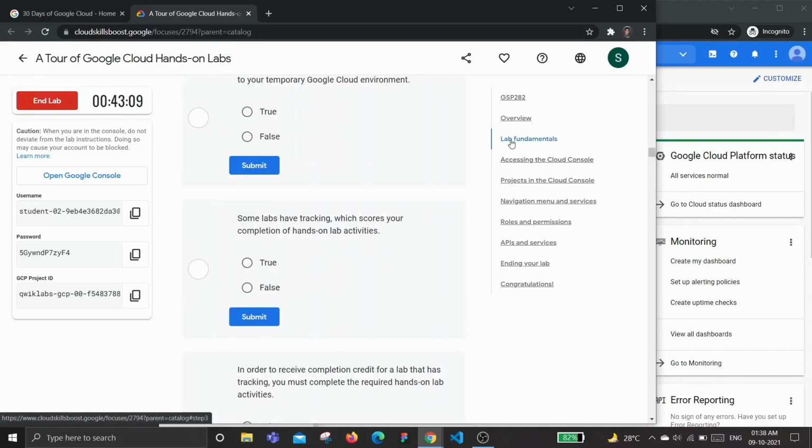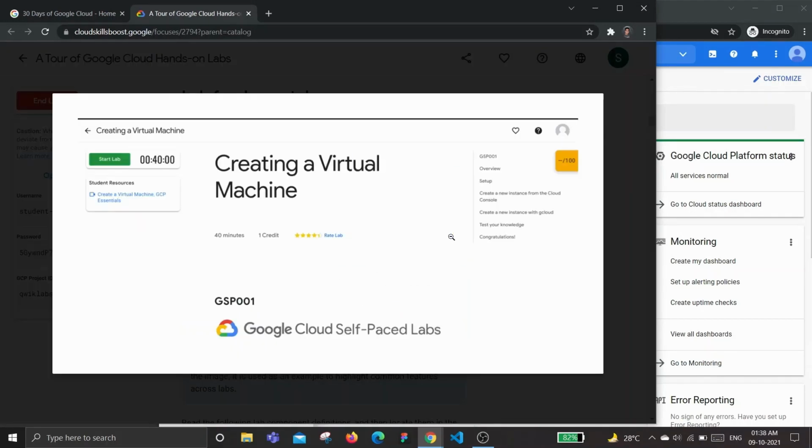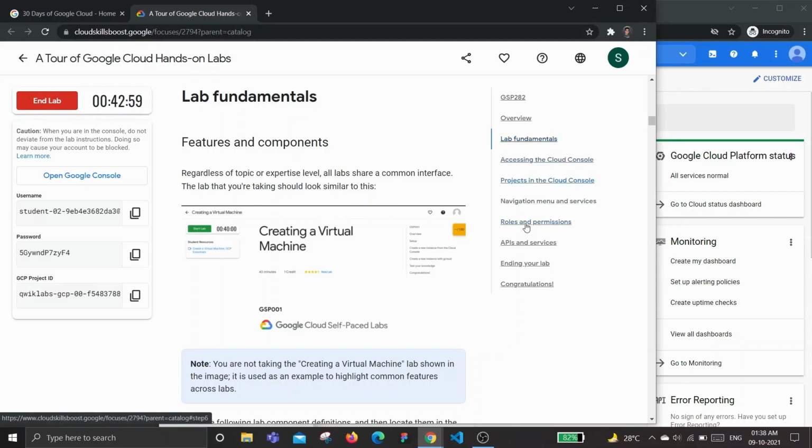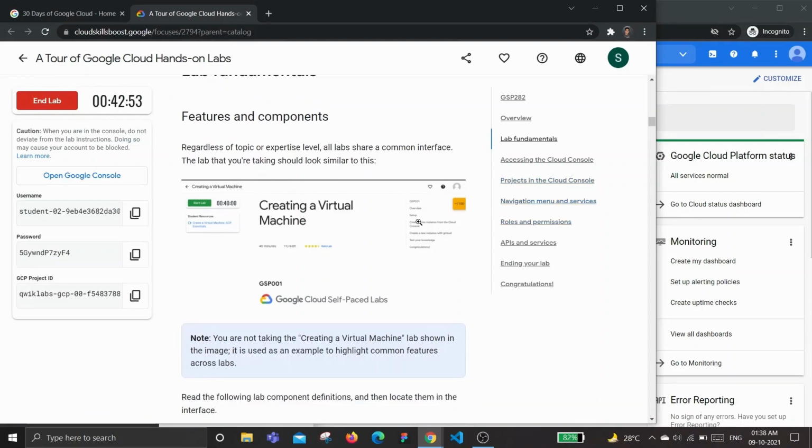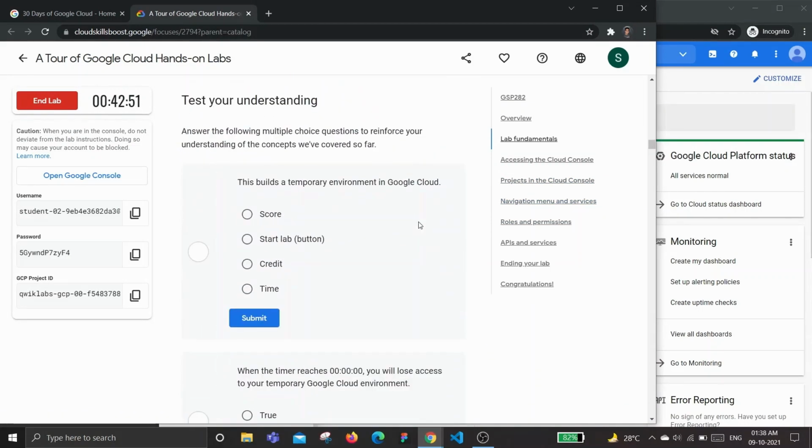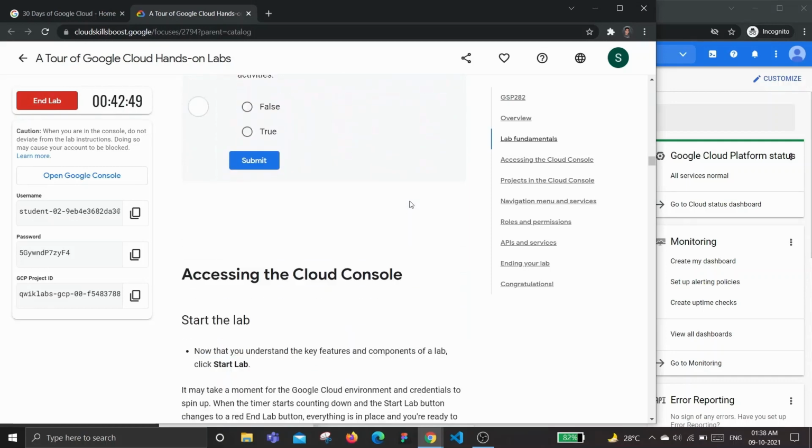So this is about the interface, and here is 100, like it's a score. There is no score in this lab, and you will get to know about this in the coming labs. And second thing, let's see everything one by one.